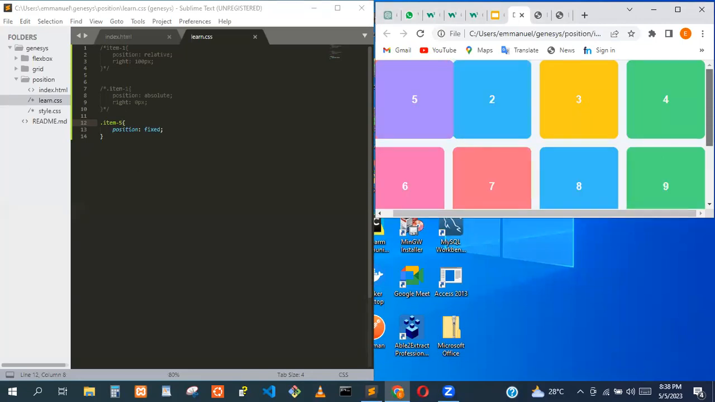And one other thing you should have noticed is each time we set the position to fixed, it changes the position of that element in the page. It brings it off the DOM, the layout. It brings the element off the layout, and it takes it above the original place it is. So if we